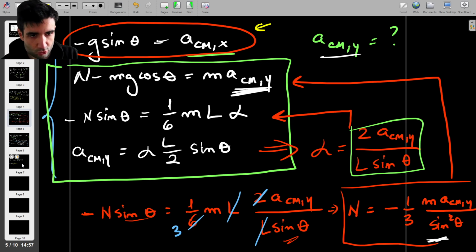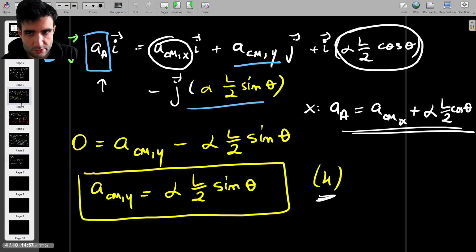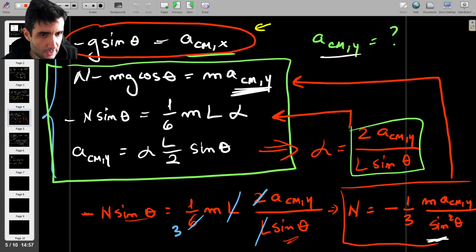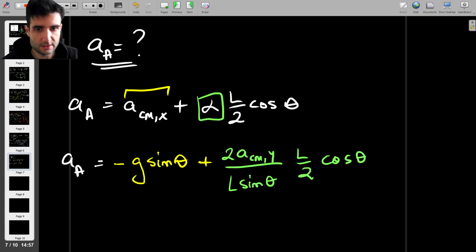Alpha is 2 a_CM,y over L sine theta, and then this is L over 2 cos theta. Okay, we can cancel out the L's, we can cancel out the 2's,